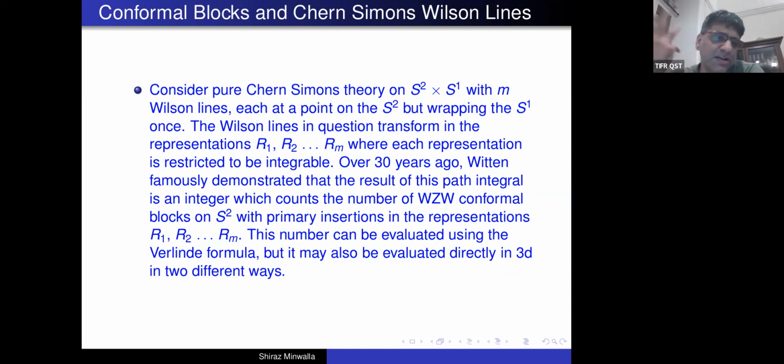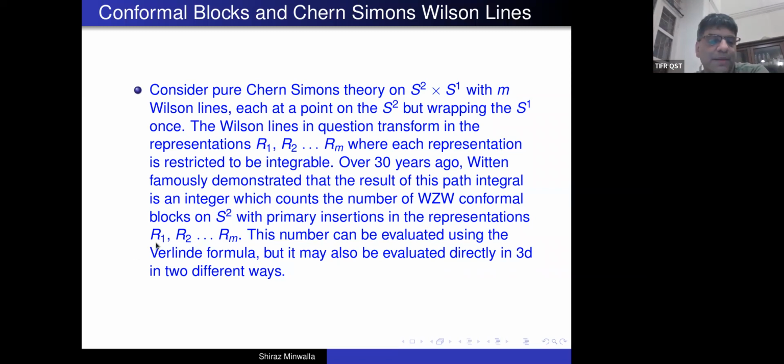The Wilson lines in question are allowed to transform in the representations R1, R2 to Rm, where we demand that each of these representations is what is sometimes called integrable. In the case of the type 1 theory, that means that the number of rows in the Young tableau cannot be larger than K. Now, over 30 years ago, Witten, in his famous Jones polynomial paper, demonstrated that the answer to this path integral, with these Wilson lines at different points of the S2 and wrapping the S1,